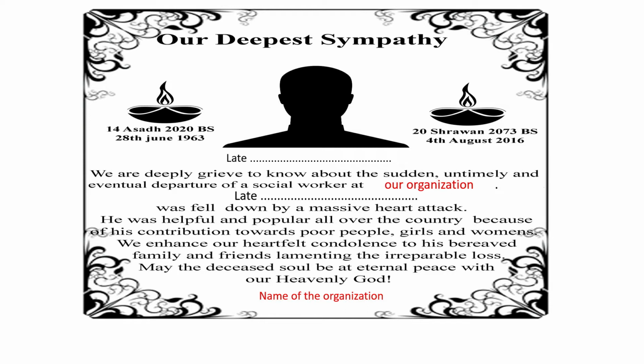You can see some parts of a condolence that is printed in a newspaper, right? So normally we can write something like our deepest sympathy, or sometimes condolences, or sometimes obituary. Some words like that will be printed on top of the writing. Very good. And what is here? Oh, date of birth. Very good. Very smart answer. And this is the date of birth, and this is the date